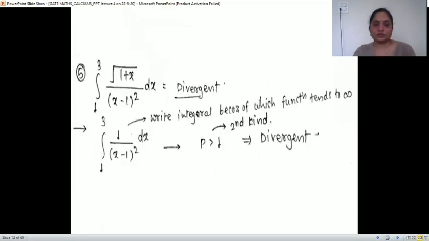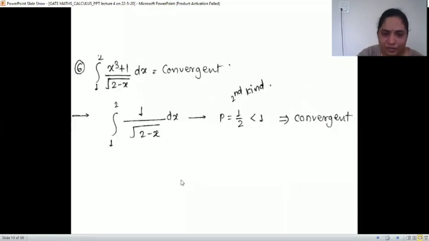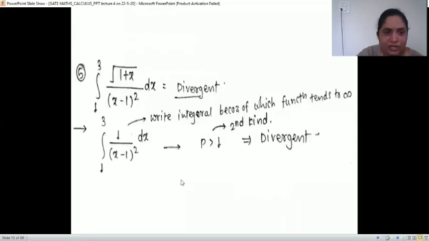Okay. So what we can say is f of x is tending to infinity at x is 1. And if we check the limit, this is your g of x. If we consider g of x as 1 upon x minus 1 whole square, and we check the integration of g of x, this is what type? This is again second kind. Which second kind? This is the standard one.